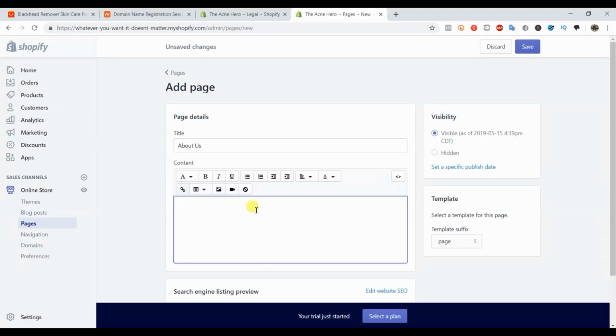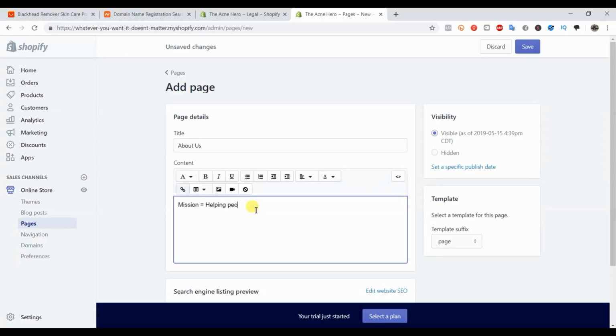So on the about page, you just want to provide some details about your company. So you want to come up with a company story. Now, obviously, this is a drop shipping store, so you're going to have to get creative and make it up. So I try and type at least a paragraph. It doesn't need to be anything crazy. Just a few sentences. Like what's the main problem that the company is out there to solve? So in this case, what's your company mission? In this store's case, the company mission could equal